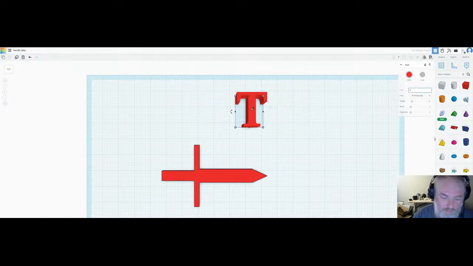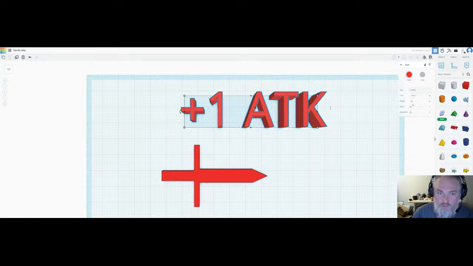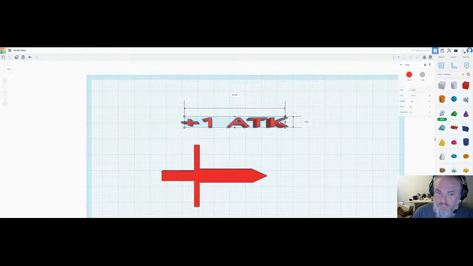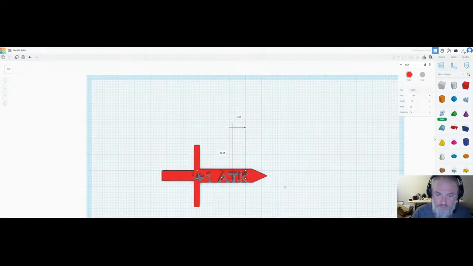Say +1 tech. I like ATK. I don't like that font. We're going to sans. Much better. Okay. We're going to scale it to the size that we like. Blade. Too much skinny stuff elsewhere. Let's try and